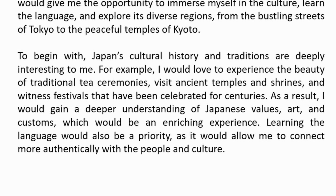To begin with, Japan's cultural history and traditions are deeply interesting to me. For example, I would love to experience the beauty of traditional tea ceremonies, visit ancient temples and shrines, and witness festivals that have been celebrated for centuries. As a result, I would gain a deeper understanding of Japanese values, art, and customs, which would be an enriching experience. Learning the language would also be a priority, as it would allow me to connect more authentically with the